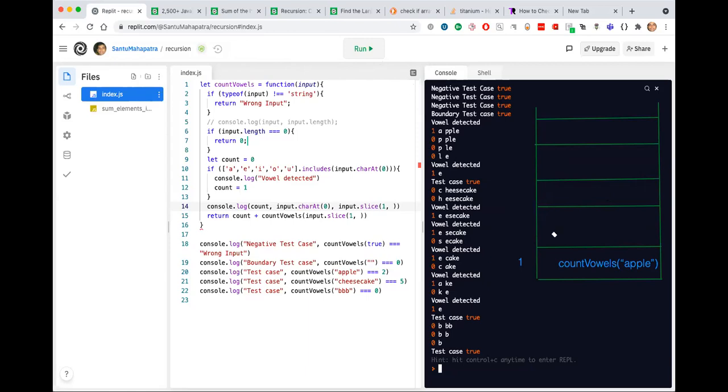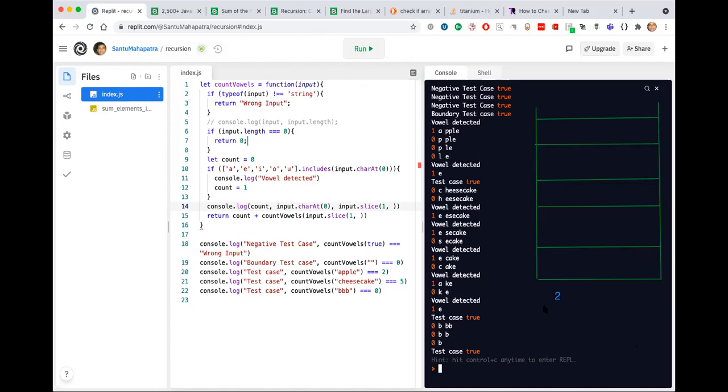Again, when 1 is returned, this was already 1, and just to clarify this again, now we have 1 here which was holding as count and the 1 got returned, and finally these two become 2. So that's how we are arriving at the answer 2 for the case of Apple.